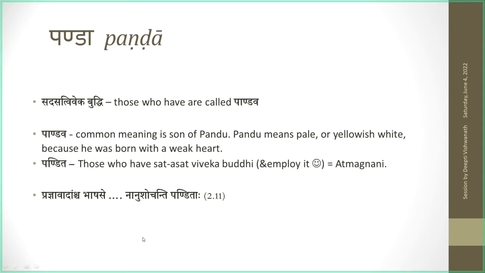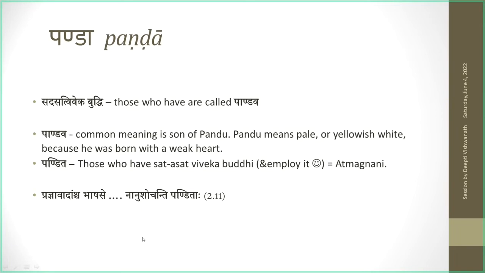Pragnavadamscha bhashase. Because of moh, as you will see in the first chapter, Arjuna gives a lot of reasons why he should not fight the war. He thinks his thinking is now correct, that finally he was making a mistake all along by saying I should fight, and now he's got the right understanding that he should not fight. And there are reasons he comes up with. Prajnavadam, as if a very knowledgeable, wise person. He gives a lot of reasons in the first chapter. Bhashase, you have been talking like this.